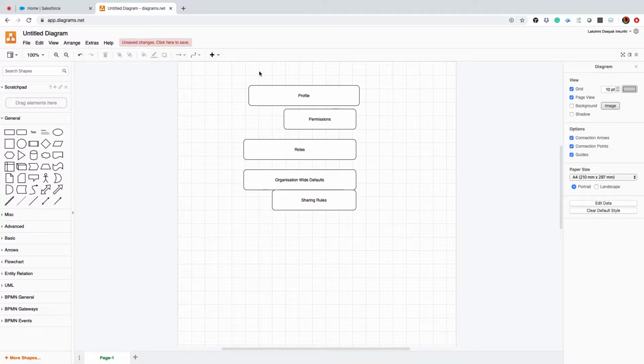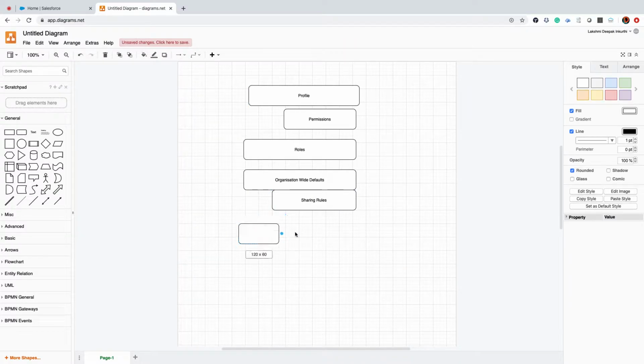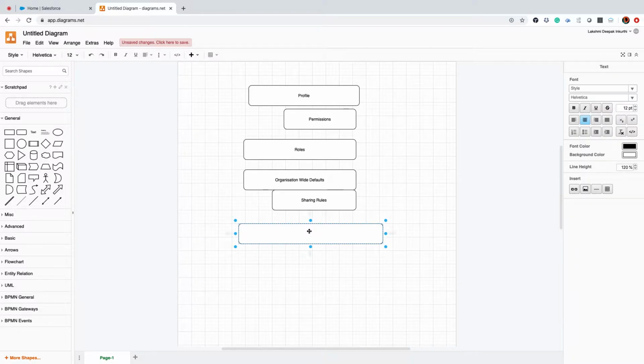You can see as soon as a user logs in, if everything applies, then you will get access to the data. Record access, you will get it.